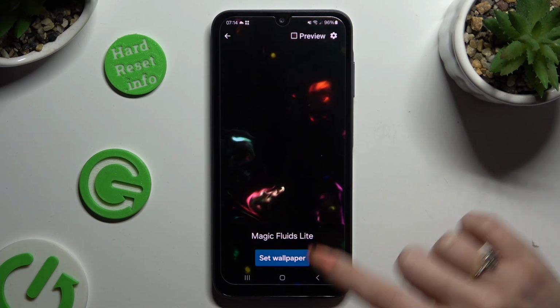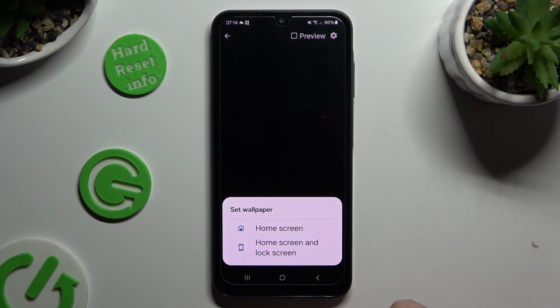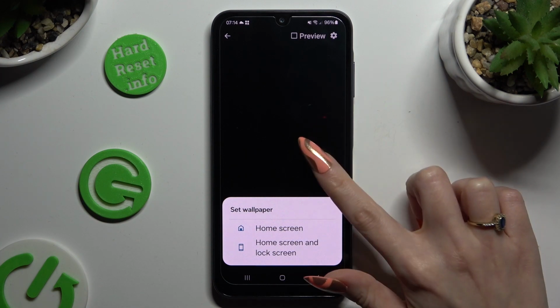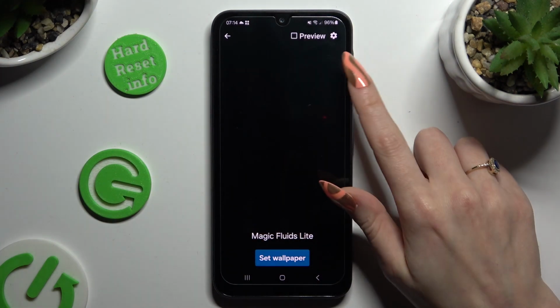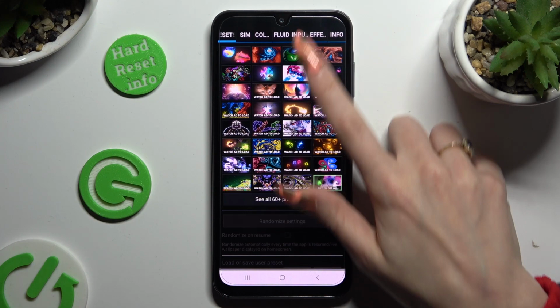Now you can tap on Set Wallpaper right away and click on one of those options to apply it on home screen or home screen and lock screen, or hit this gear at the top right corner and manage all